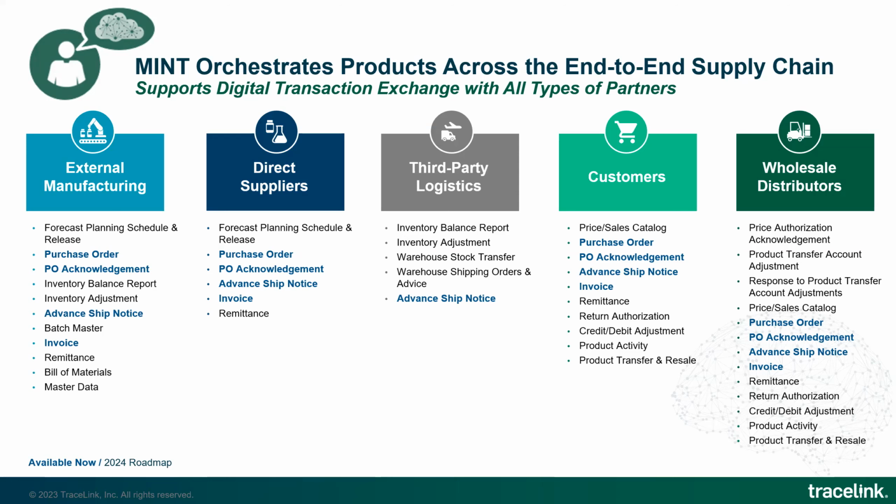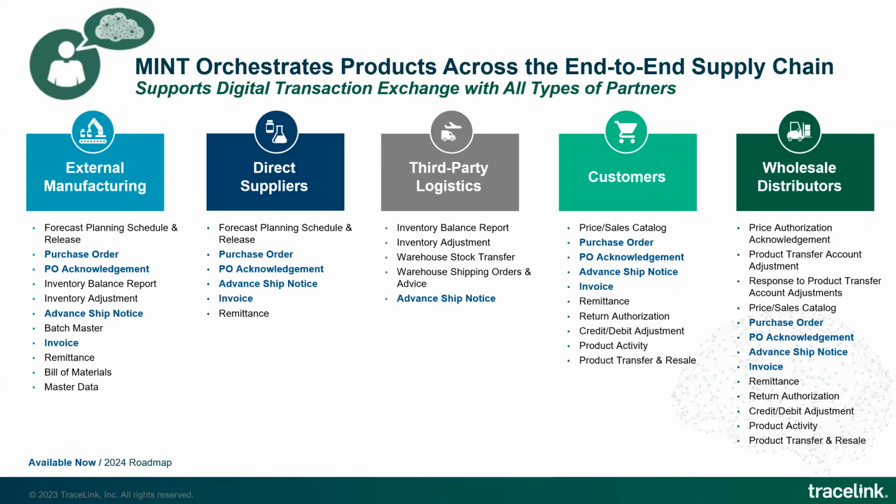So try to take all of these different transactions out of emails and PDFs and spreadsheets. I mean, we have examples of customers exchanging upwards of 10, 15 spreadsheets a month with their CMOs with various types of information. We have examples of customers getting inventory data once a month from their CMO and then taking a month to reconcile it. So data is 2 months old by the time they're making business decisions on it. So the idea is to digitize these connections, make them automatic, and make them seamless.